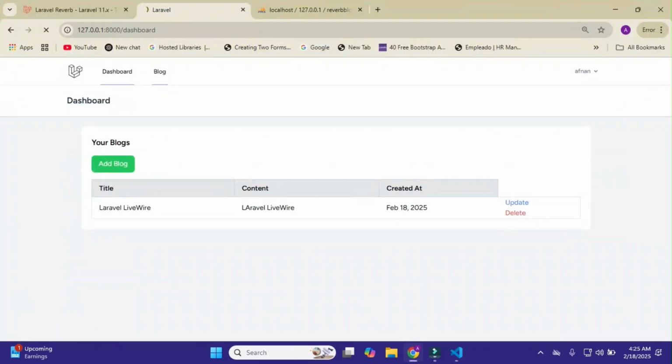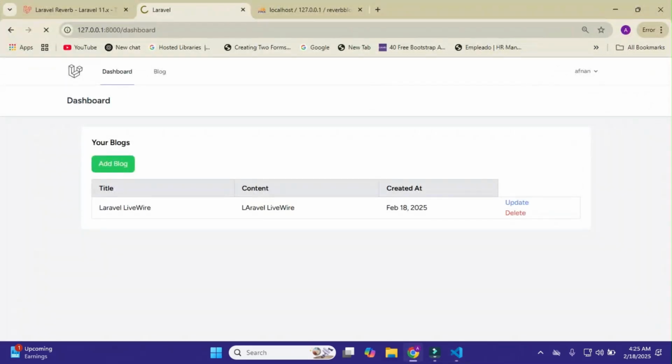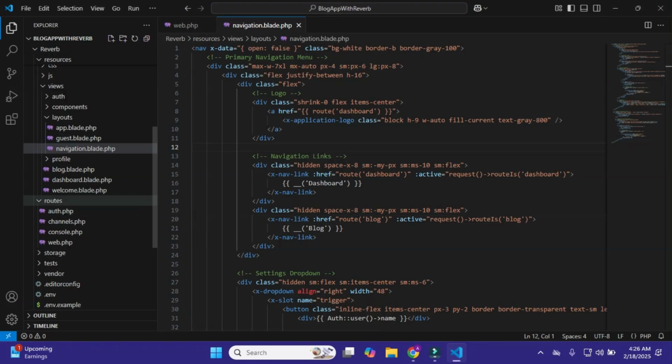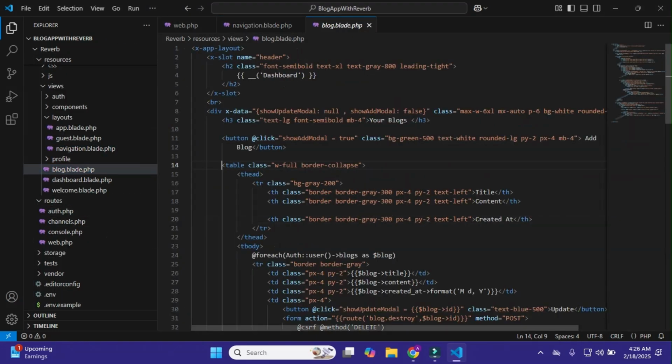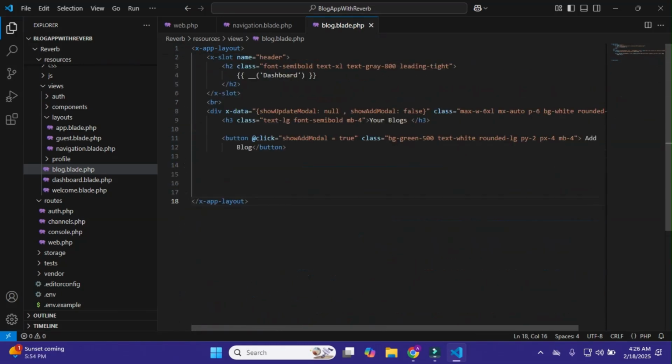Okay, that's it, and I'll reload it, and when I go to blog, the route is blog, and it will activate this. Now we don't need this table on blogs, so I'll go to my blog and remove this table, and also we don't need this, and it is the blog page, where we see all our blogs.